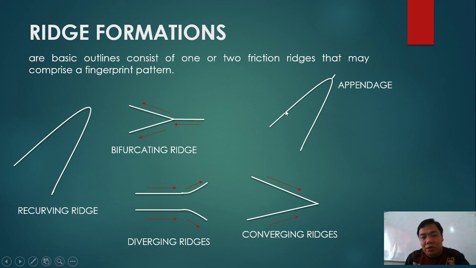That is our recurving ridge. The short ridge at the topmost part, at the sufficient recurve of the recurving ridge, is called an appendage. So these are the five basic outlines that may